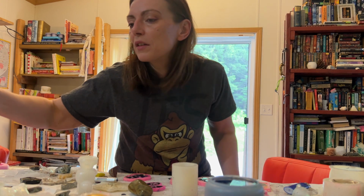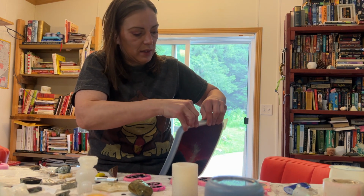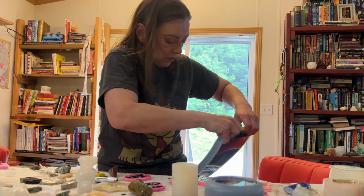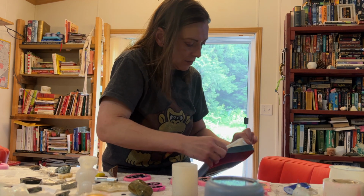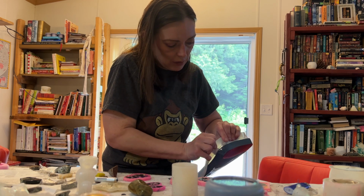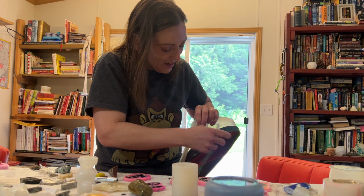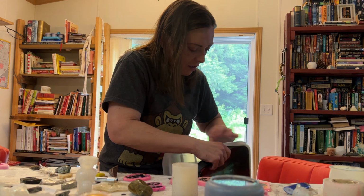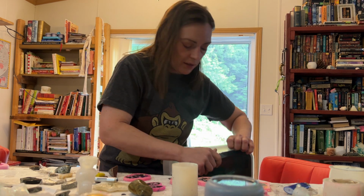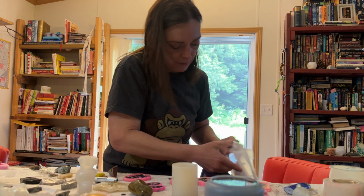I'm always worried that some of the stuff is not gonna look like I want it to look. Like this guy, I put a lot of beads. This is a tray, but I put a lot of beads in the end. So I'm not sure, I just poured a bunch of beads in. So I'm hoping that, oh, it looks good. I had to mush the sides, like after I got the mold in and after I got the resin in,